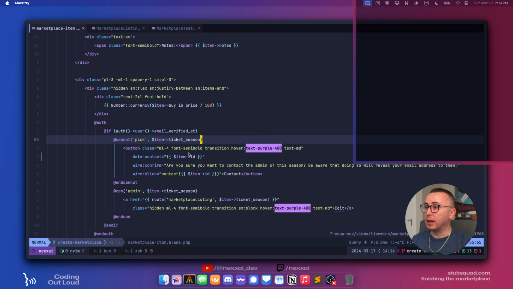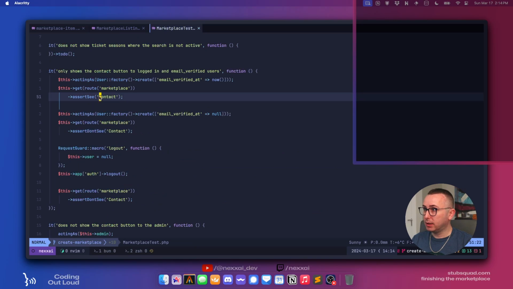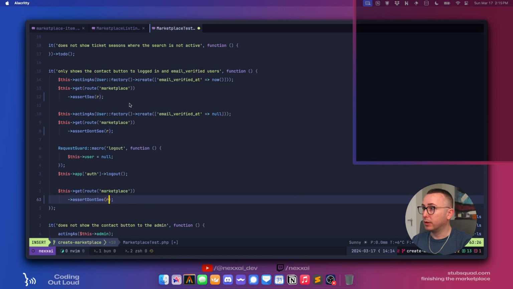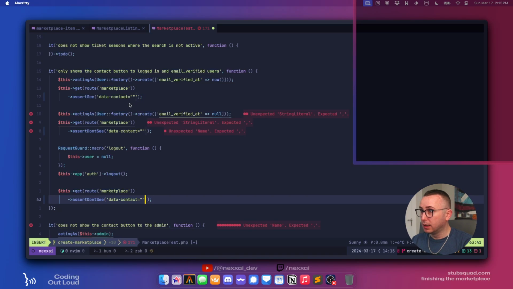The reason we're doing that is this data contact doesn't really do anything, but it gives us something we can search for a little more intelligently. So instead of this contact here, we'll say asserts, no, we want to look for data contact equals,